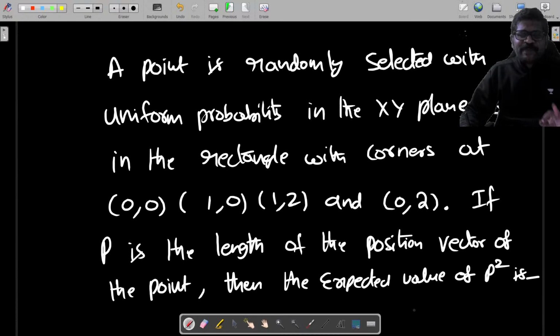A point is randomly selected with uniform probability in the xy plane within the rectangle with corners at 0 0, 1 0, 1 2 and 0 2. If P is the length of the position vector of the point, then the expected value of P square is